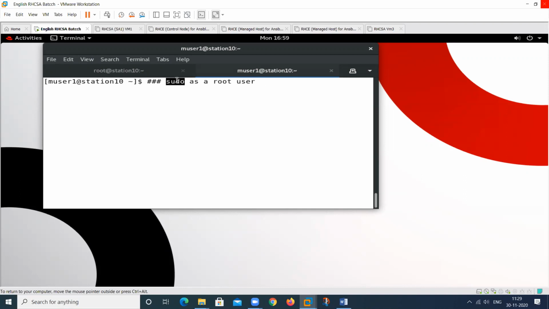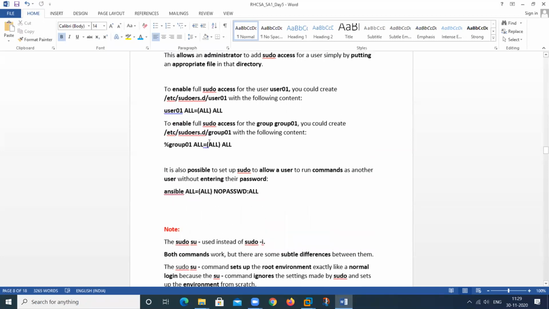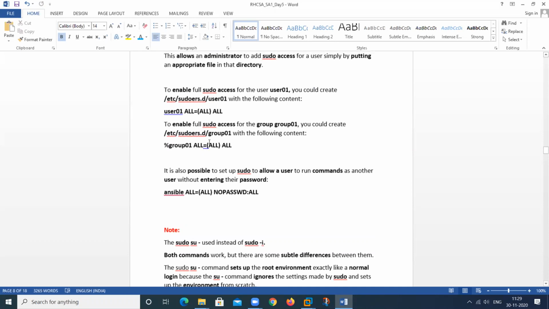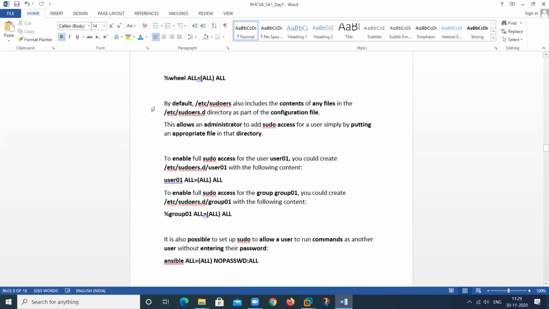Clear? Yes, sir. When we run any command, suppose I type this particular command and before this we use sudo, then this command will be performed by which user? This user. So I think you have understood this well. What is the purpose of using sudo? If you read all the lines of your original book, you can understand all the things well.